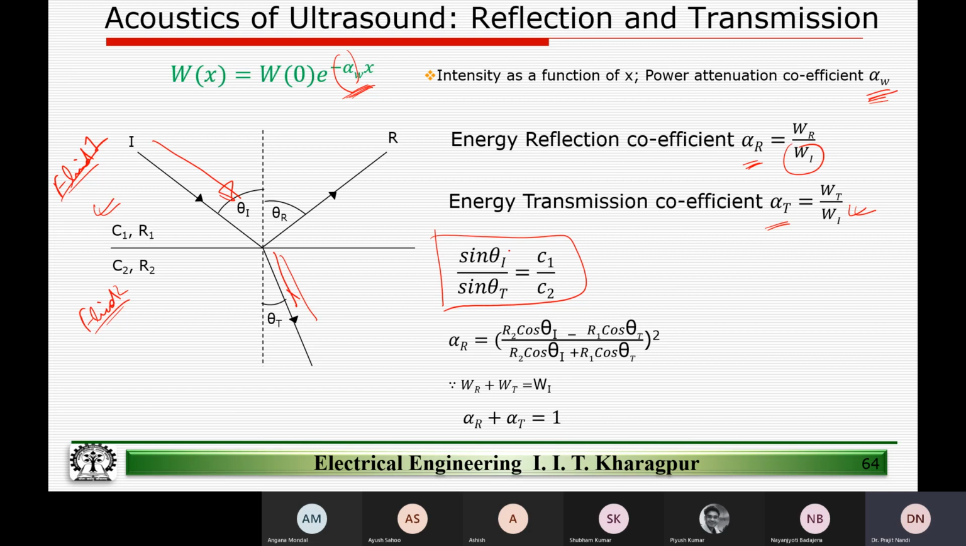So again, I think you have to trust me here that this equation, sine theta I by sine theta t, will have a relation, meaning the angle of incidence and the angle of transmission are related to the fluid velocities C1 and C2 by this relation. And alpha R